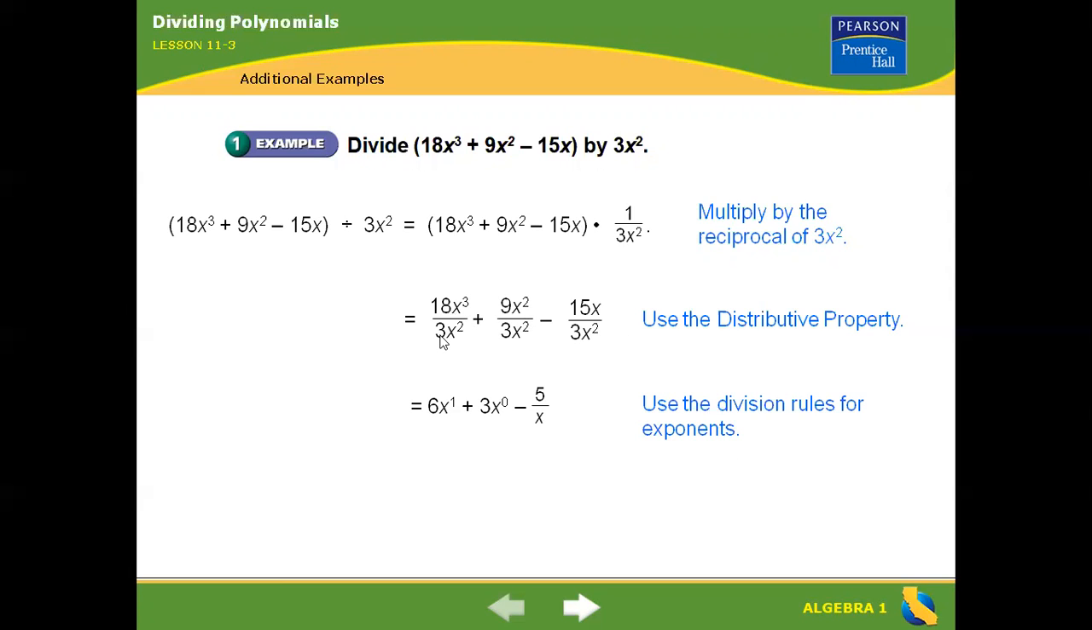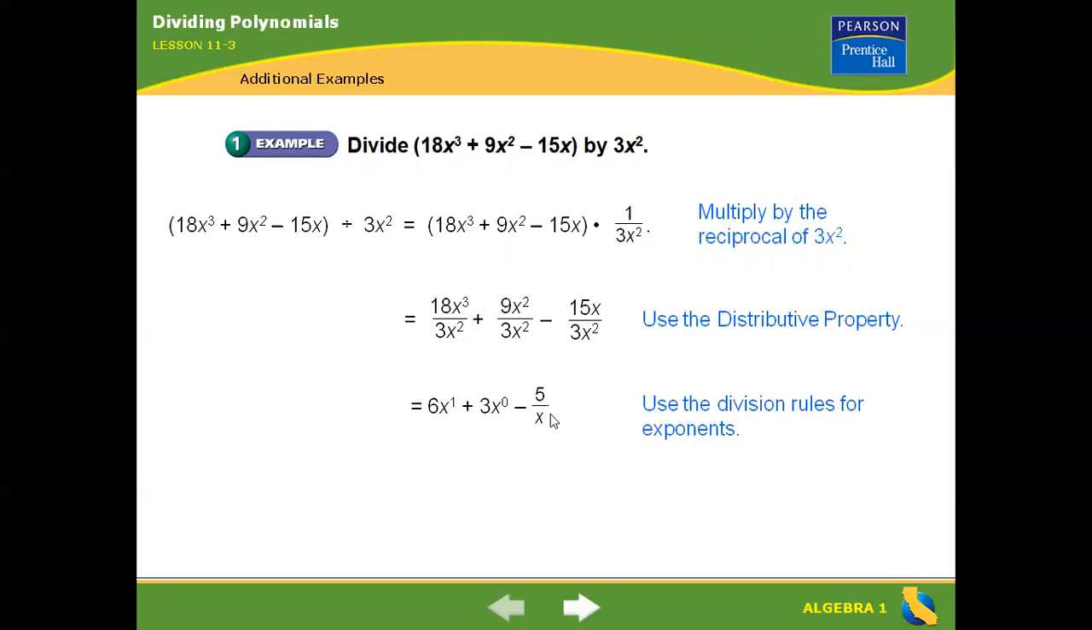18 divided by 3, that is 6. Dividing powers with the same base, subtract the exponents. So 3 minus 2, that is x raised to 1. Plus 9 divided by 3, that is 3. 2 minus 2, that is x raised to 0. Minus 15 divided by 3, so that is 5. Since the exponent in the denominator is bigger than the exponent in the numerator, the variable will be placed